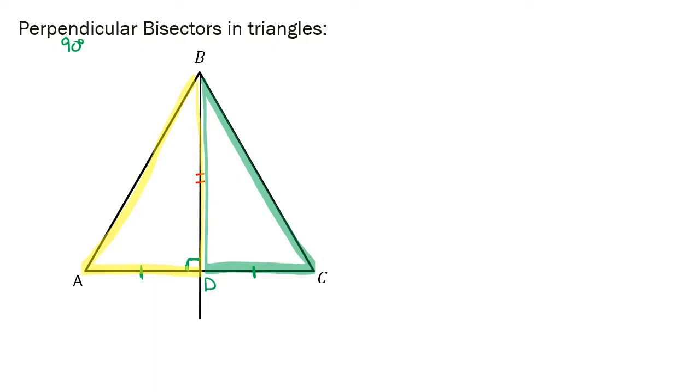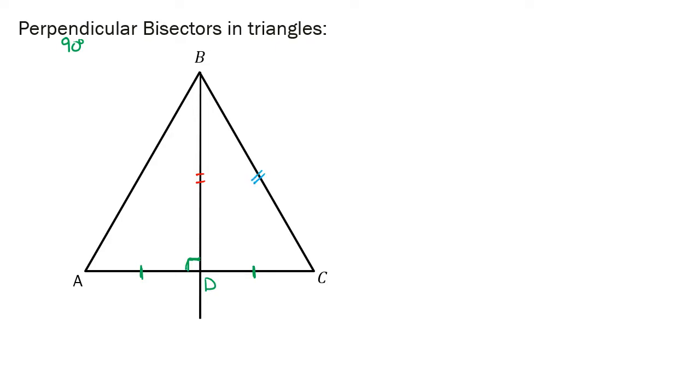So triangle ABD is exactly the same as triangle CBD. So when you have a perpendicular bisector in the triangle, it ends up creating two congruent triangles, which